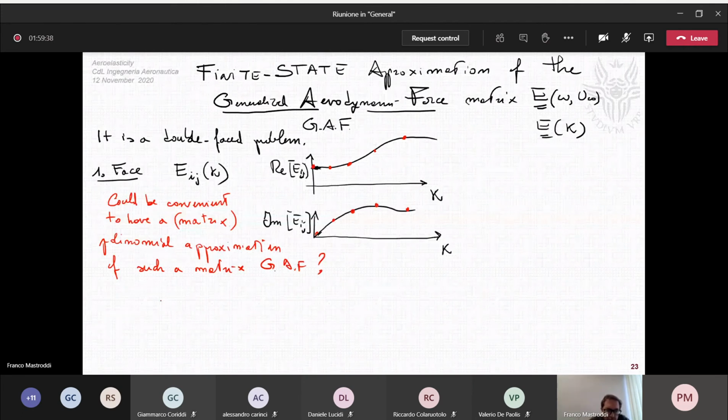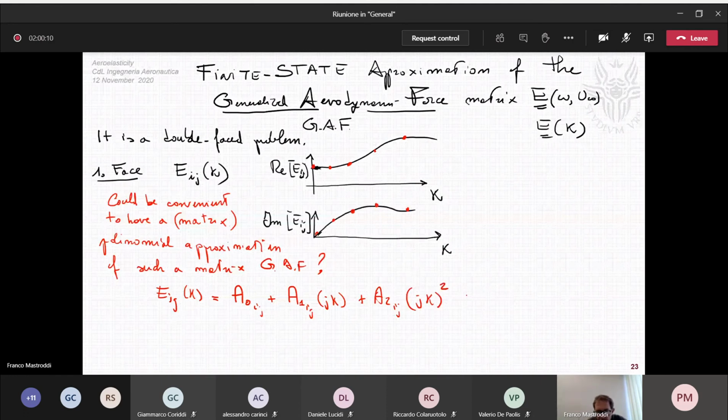In other words, it could be convenient to have Aij(k) equal to A0ij plus A1ij times jk to the power 1 plus A2ij times jk to the power 2 plus and so on. So this is a polynomial